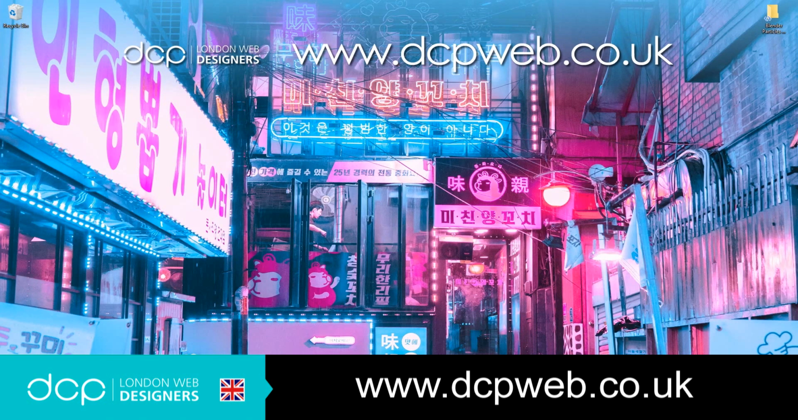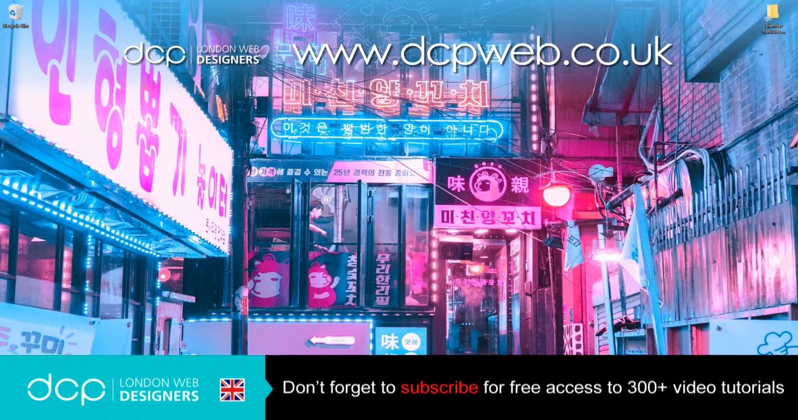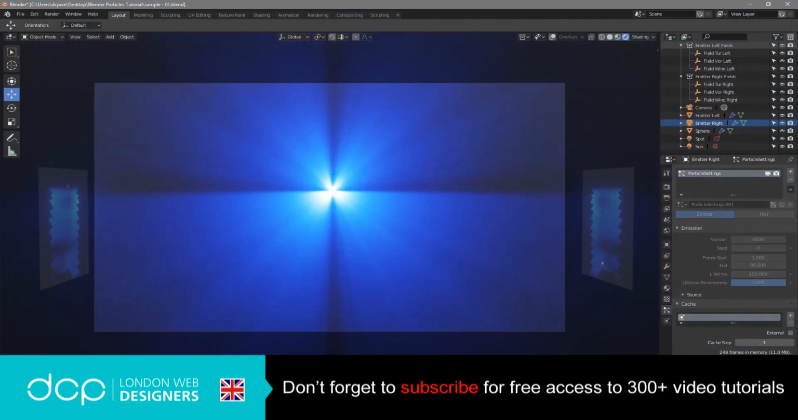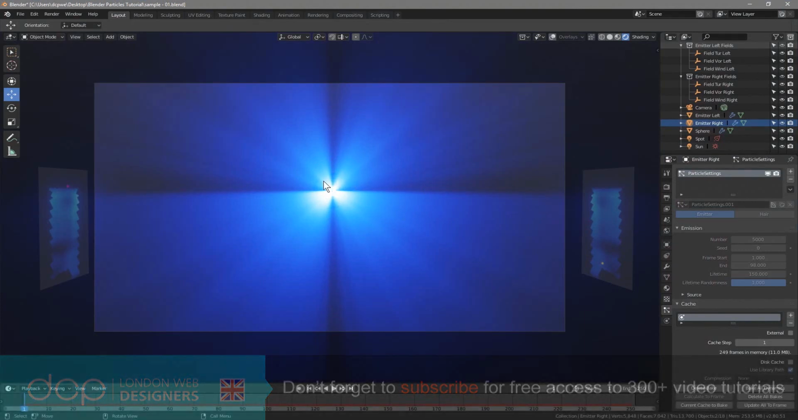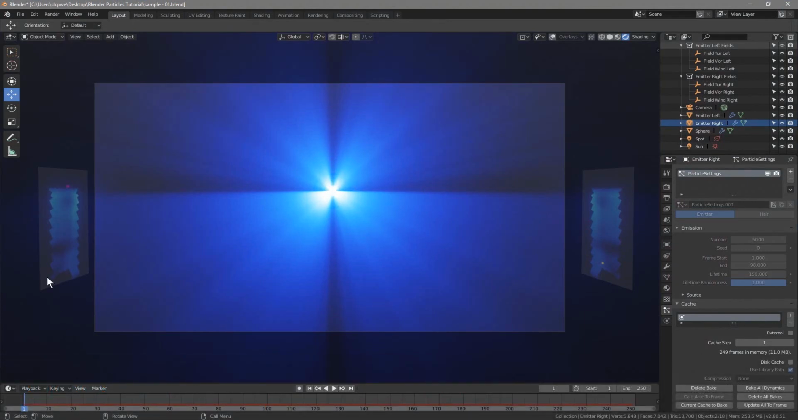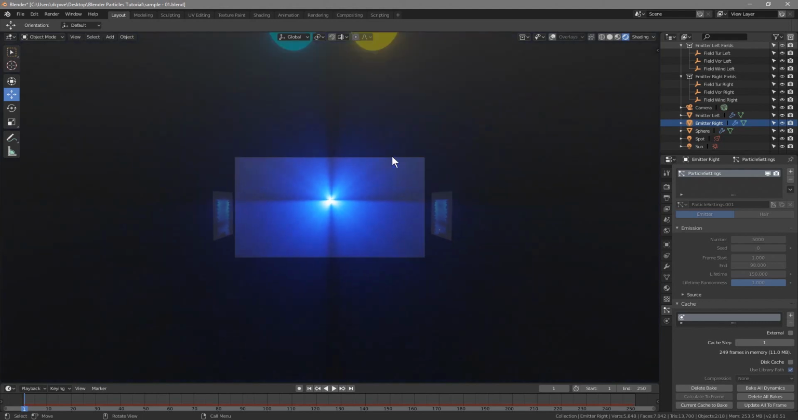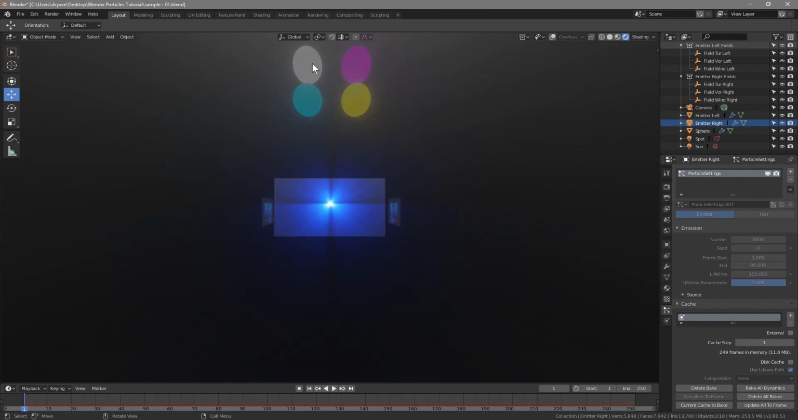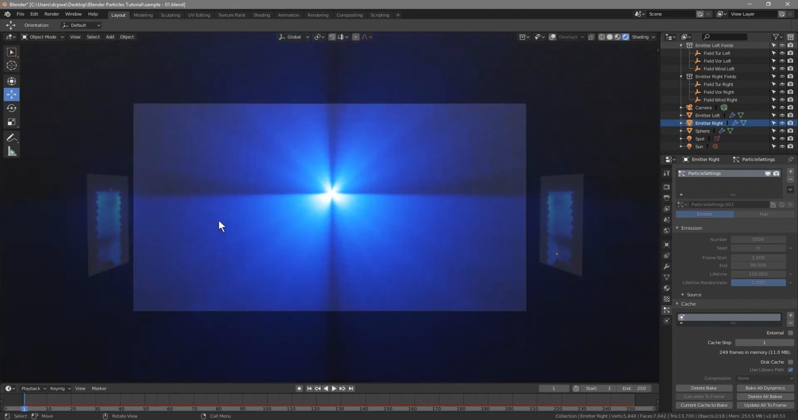Hi and welcome to this DCP Web Blender 2.8 particles tutorial. In today's tutorial we'll be creating a particle simulation similar to this. We've got volumetric lighting in the background and an object that's scattering that lighting, and then we've got two planes here on each side, and each one will emit a different set of particles. We've got white and purple, or it's a pinky colour, blue and yellow,